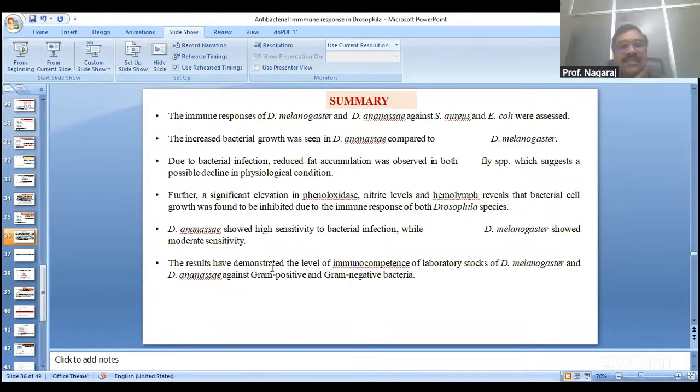The results of this experimental setup have shown the immunocompetence of the laboratory stocks of melanogaster and the analysis species against these two bacterial species. So in some of the aspects, there is a difference. In some of the aspects, there is no difference. Especially E. coli, there is not much difference, but SRES is for the gram-positive bacteria, they could see this species-specific